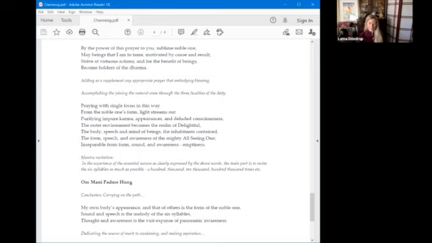And then Chenrezi dissolves into a sphere of white light. And that sphere of white light enters the crown of your head, your crown chakra, and begins to descend down your central channel. And when it arrives at your heart center, it begins to radiate out. And in an instant, it completely illuminates your body. And this body that we normally experience as flesh and blood and solid now arises as a body of light. And you arise as Chenrezi.